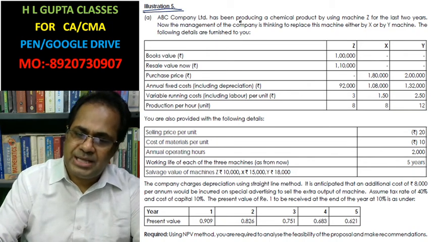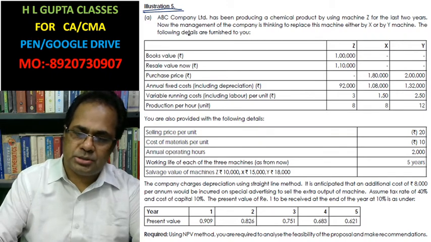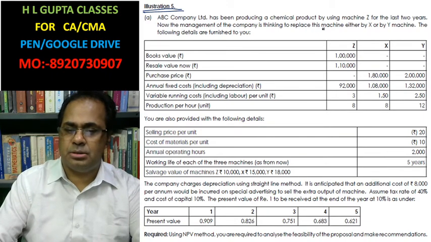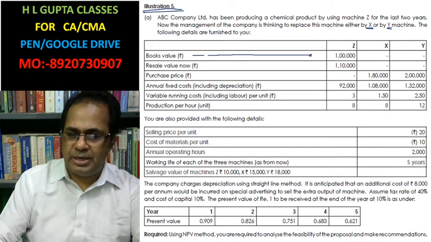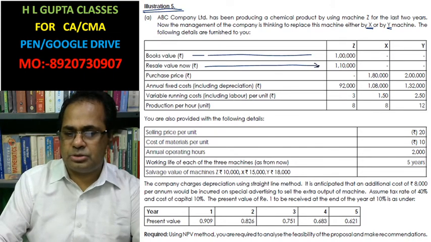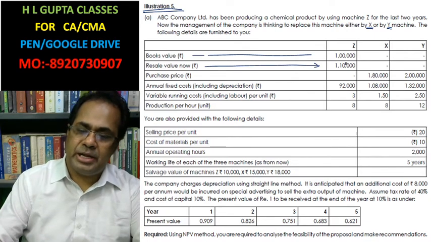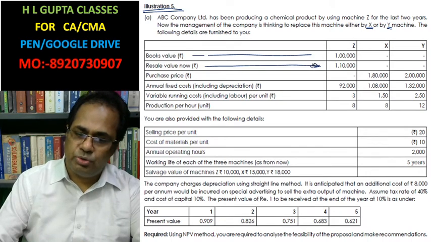ABC Company Limited has been producing a chemical product using a machine Z for the last 2 years. Now the management of the company is thinking of replacing this machine with either the product X machine or the Y machine. The following information is given. Book value is given and sale value is given. If you are going to solve the question separately, the sale value of 1,10,000 means opportunity cost